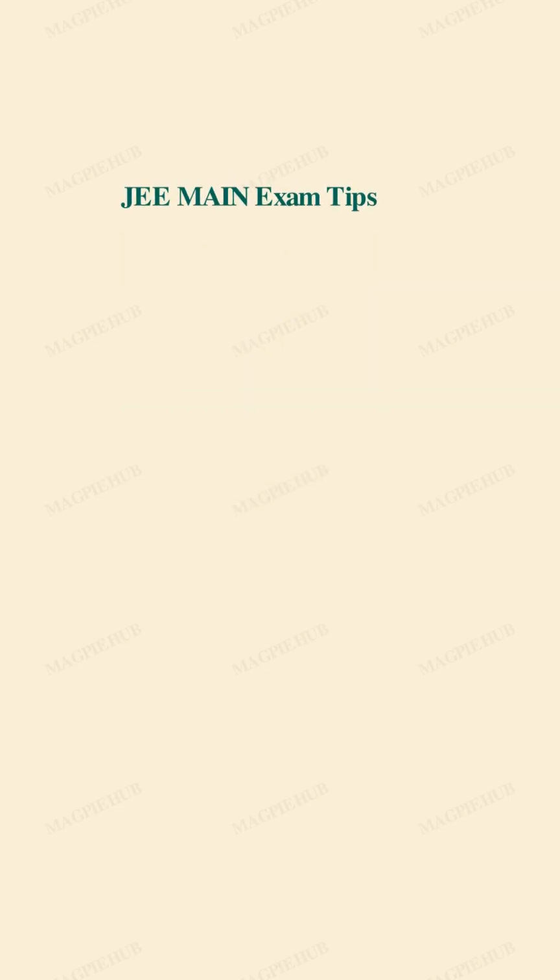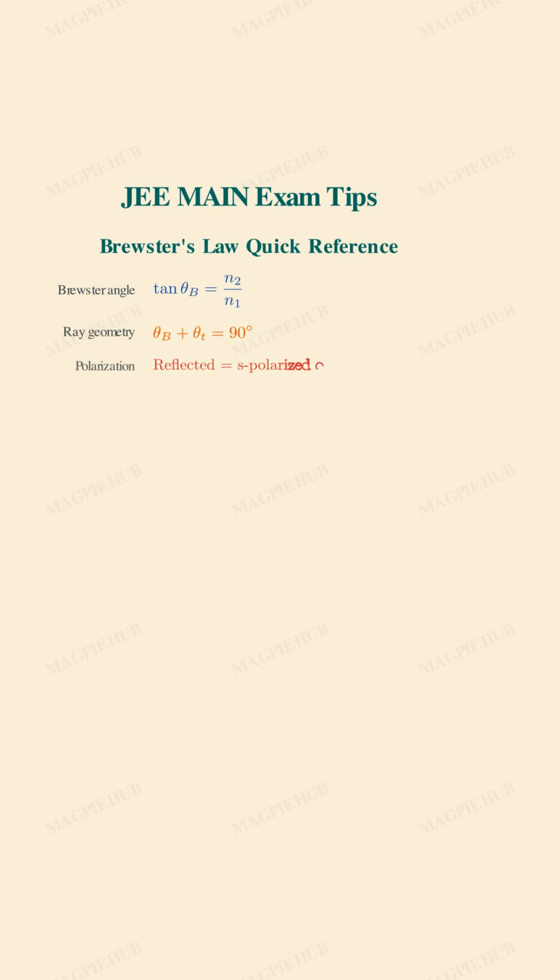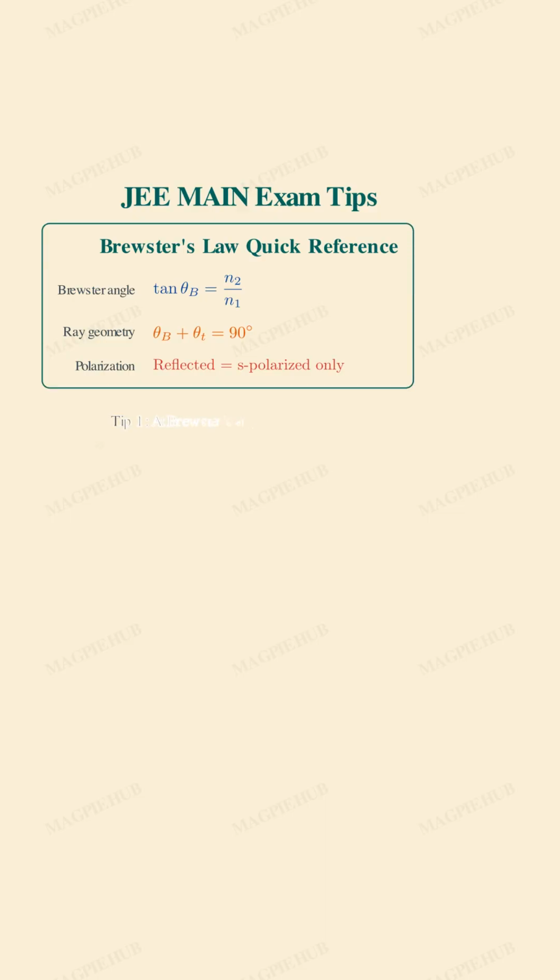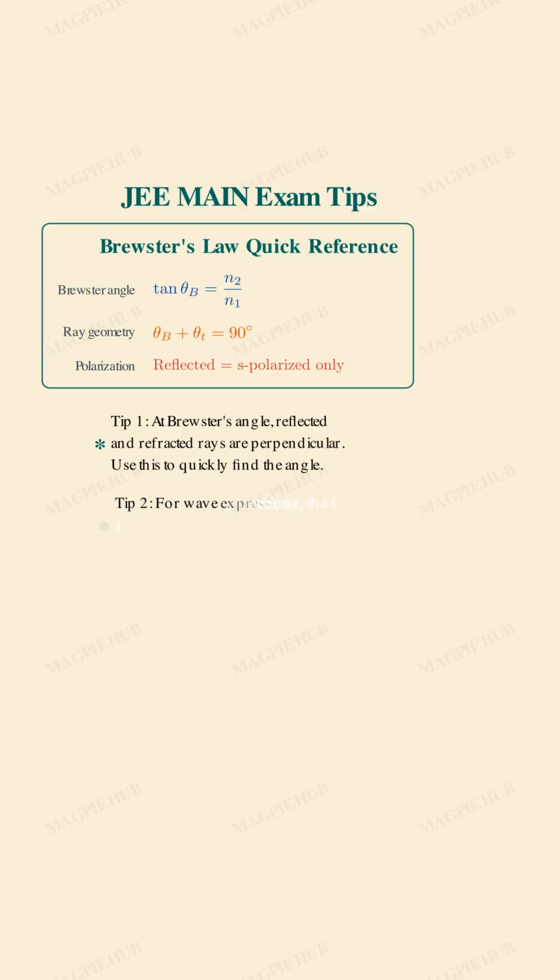Here are some exam tips for Brewster's angle problems. Memorize these key formulae. Tan of Brewster angle equals n2 over n1. The reflected and refracted rays are perpendicular at this angle. And most importantly, the reflected beam is purely S-polarized. Tip 1. Use the 90-degree relationship between reflected and refracted rays to quickly determine angles. Tip 2. For wave expression problems, always verify that the electric field vector E is perpendicular to the wave vector k. Their dot product must be 0 for a valid